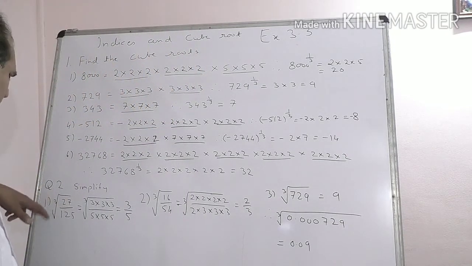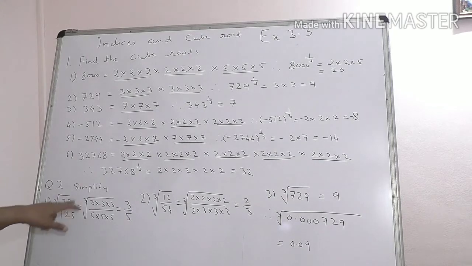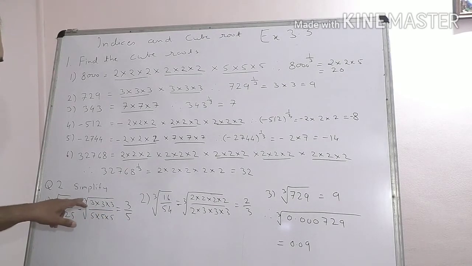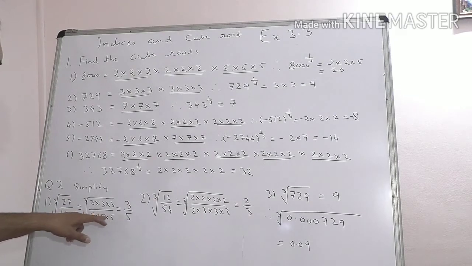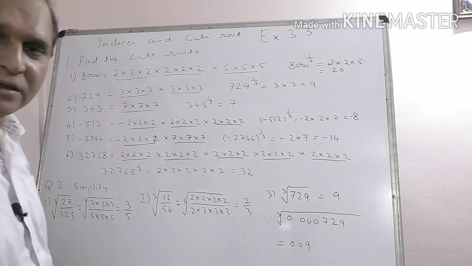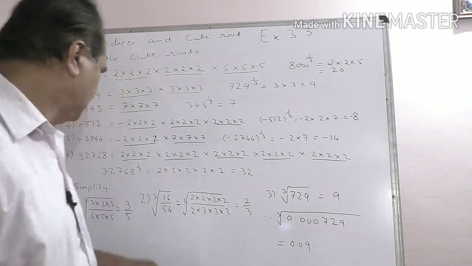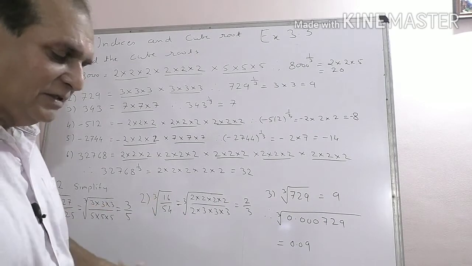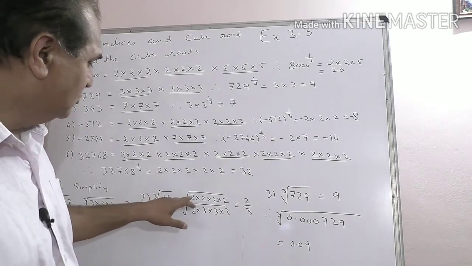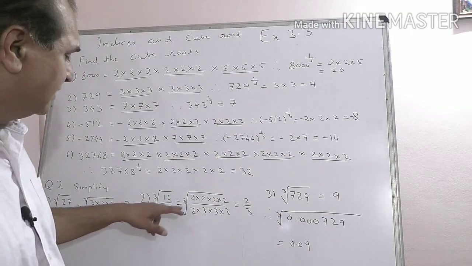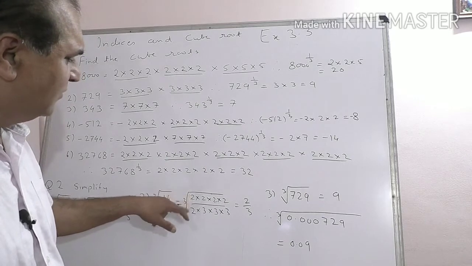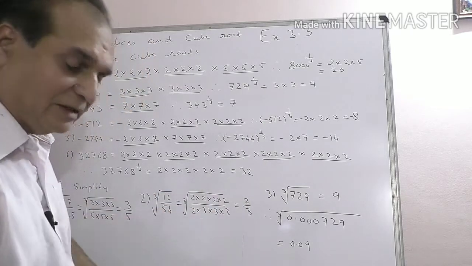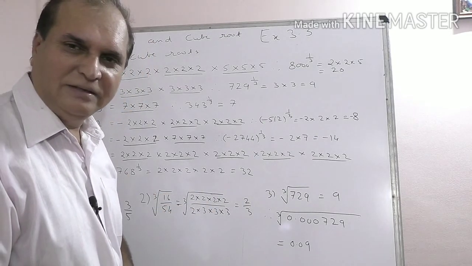Question 2, simplify. Cube root of 27 upon 125. Factorize inside cube root sign. 27 is 3 into 3 into 3, 125 is 5 into 5 into 5. No common factor cutting. For 3 threes 1 three can come out. For 3 fives 1 five can come out. 3 upon 5 is the answer. So simple. Cube root of 16 upon 54. Okay. We will factorize. 16 is not a perfect cube. 54 is not. Factorize 2 into 2 into 2 into 2. 54 also factorize 2 into 3 into 3 into 3. 2 common factor cutting. Now for 3 twos 1 two can come out. 3 threes 1 three can come out. Answer 2 upon 3. Simple.